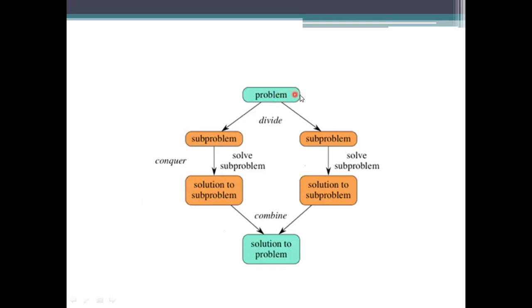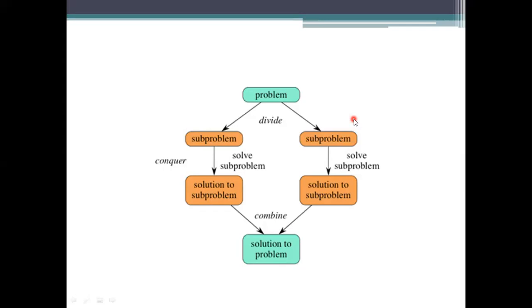Let us see how we are going to process this. Here the problem will be taken, meaning an array of elements. We need to divide it into subproblems, dividing the problem into very small tasks. Each subproblem that has been divided will have only one element to be processed.